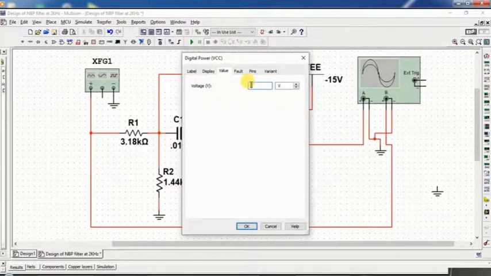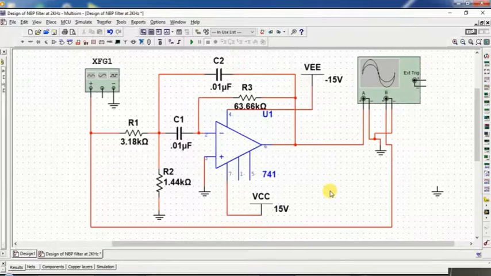So change the value of the supply voltages also. So these are the values of the components, and now run the simulation button.